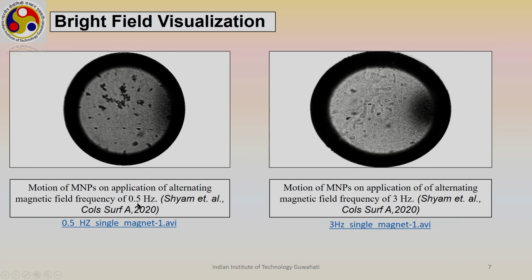This is obtained for 0.5 hertz, that is, as I said, time periodic magnetic field actuation, and this is for the 3 hertz. What we can see from this movie is constant movement. Since the frequency is 3 hertz, a higher frequency, the time period over which the magnetic circuit remains on and off is very less, and as a result we can see almost continuous movement. So, particles are getting attracted and getting